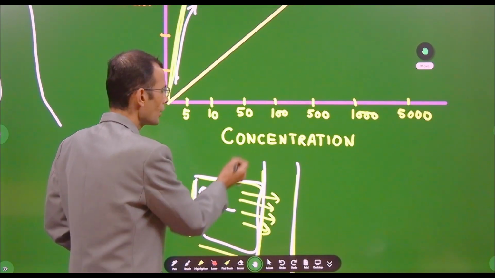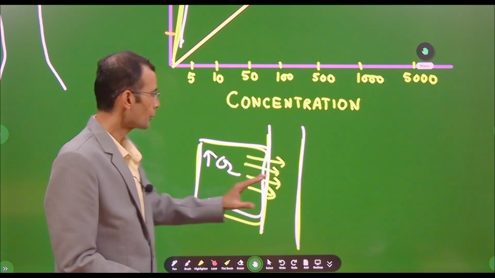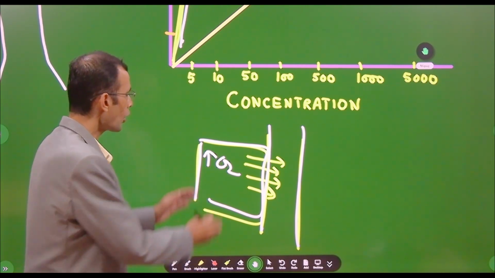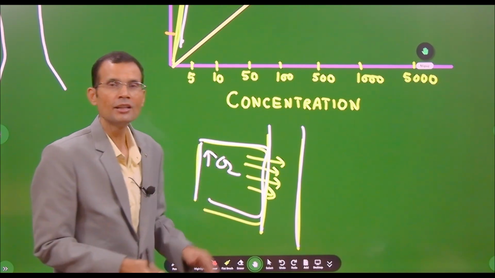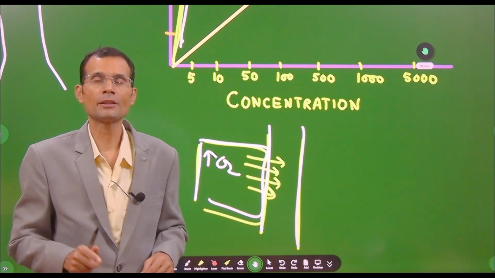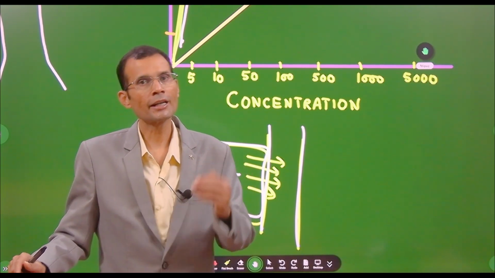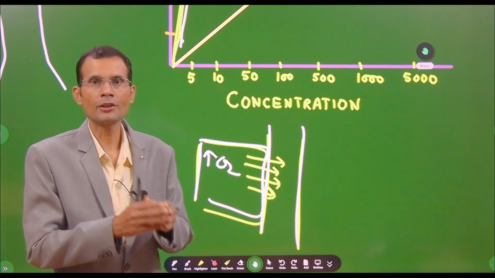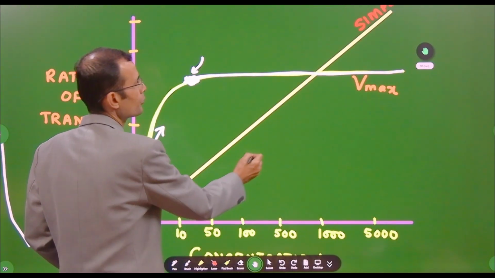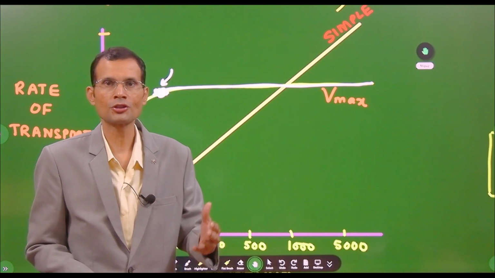So oxygen will increase, its diffusion rate will increase from alveolus to the blood because its concentration had increased on one side, and the simple explanation is because you increase the concentration on one side, you are actually increasing the concentration gradient across the membrane, and since concentration gradient is increasing, therefore the rate of transport will also increase. Rate of diffusion is proportional to the concentration gradient. All right. That was about the simple diffusion and its application in the clinical practice, giving 100% oxygen, how it